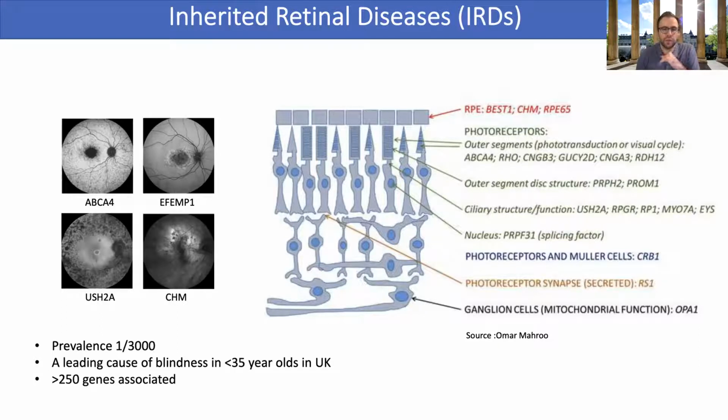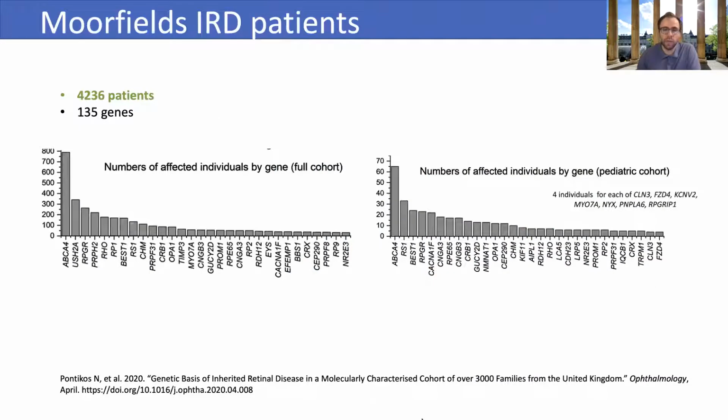So identifying disease-associated genes is really important for gene therapies such as Luxturna for RPE65 retinopathy, as you are aware of. At Moorfields Eye Hospital, IRDs have been studied now for over 30 years. And in the last 20 years, we've been able to identify the IRD-causing gene in over 4,000 patients and